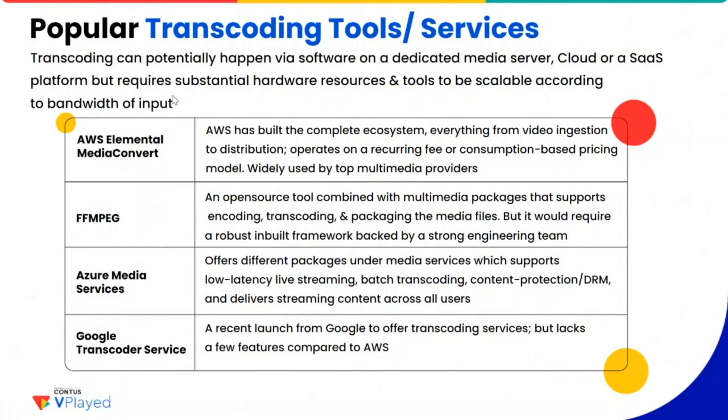When coming to Azure Media, of course, this is also along the lines of AWS. It offers different packages, whereas AWS is a bundled package. Here you see the different packages, and you can pull those packages in order to achieve it in Azure Media. Like this, the GCP Google transcoding services also perform in a similar way. But while comparing with AWS, there are certain limitations in terms of packages, but not in performance or scalability. It's all about the different bundles, how they add value to your product, and how you can use them to make your time to market faster. So there is a slight difference between AWS and GCP.